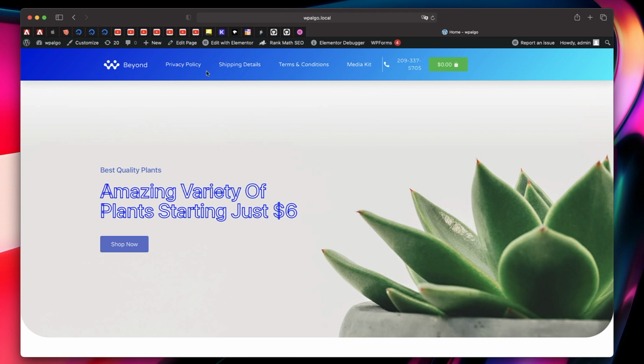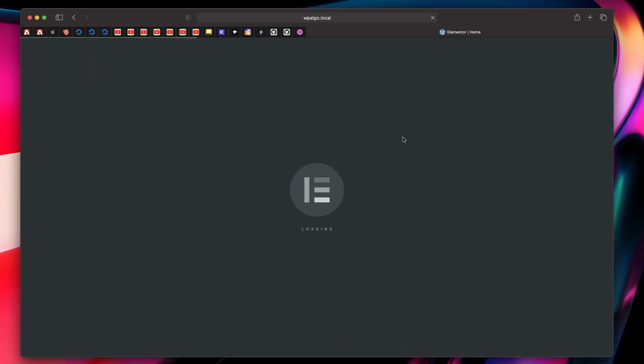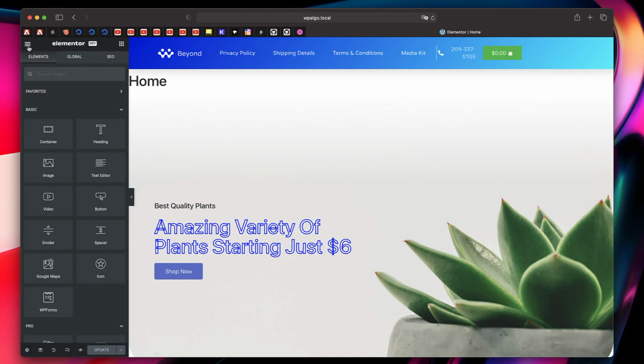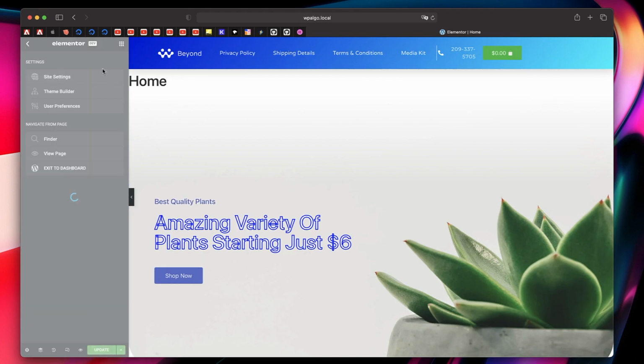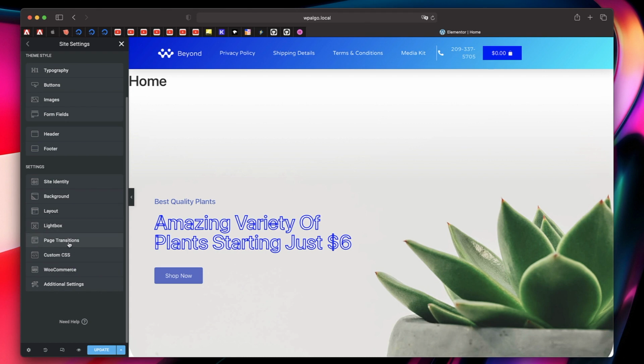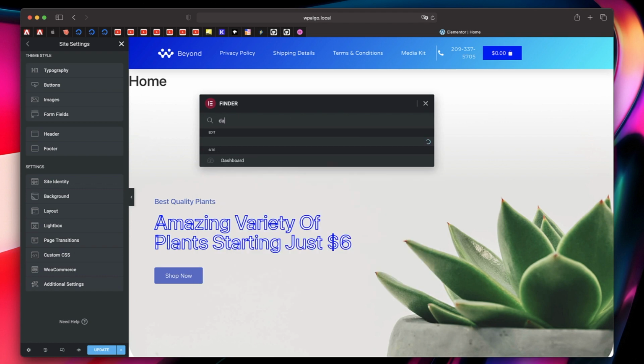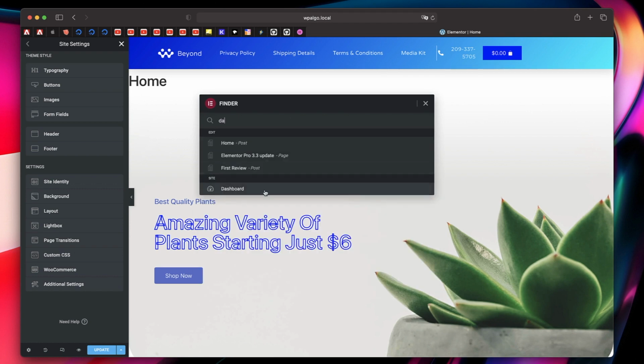On any page, click on Edit with Elementor. Just go to the Elementor interface like you normally would, click on the hamburger menu, and click on Site Settings. Under Site Settings, you must see a new option called Page Transitions. If you don't see this option, head back to Elementor Settings in the dashboard.